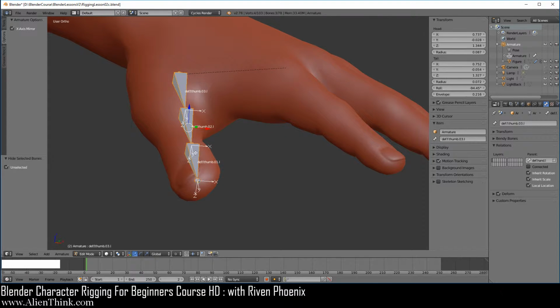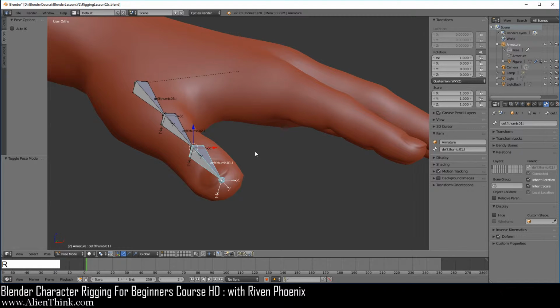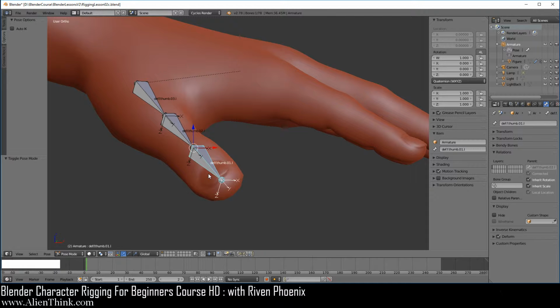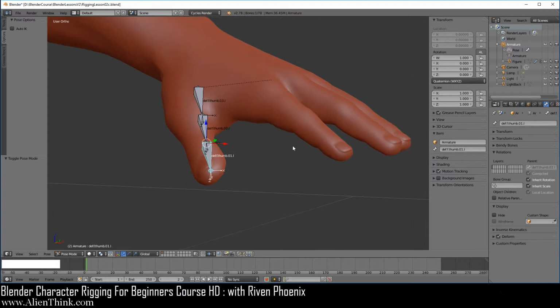We can do this because later on with the non-deformed bones, we can make it work correctly. This basically means that if you go to pose mode and click over here, if you press the R key, press the X key, it's not going to rotate correctly, right? You would have to press the R key 2 times to adjust this thumb. Okay, so we're going to fix that later with the non-deformed bones, but this is how it needs to be if you want it to work in Unity.